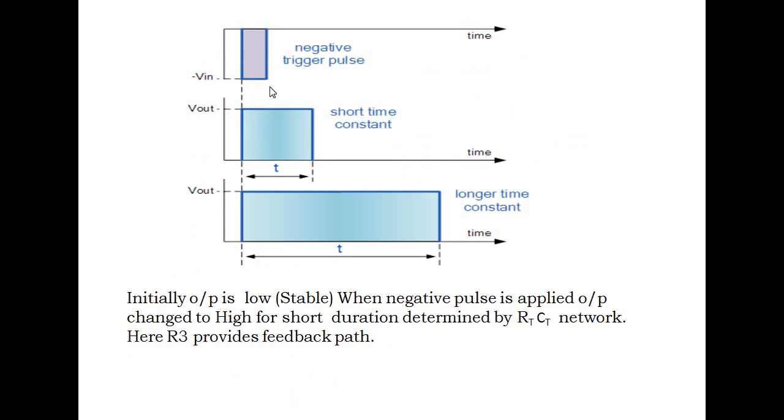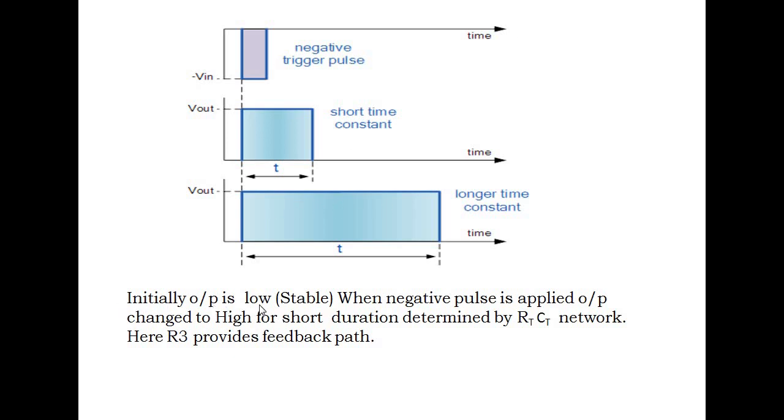Now moving on, this is the output graph of this monostable multivibrator. When and only when a negative triggering pulse is given, then only there would be a change at the output, right? Before the triggering, output is 0. When negative pulse triggering is applied, output is high. We can change the width of the high duration by changing R and C. That's what I have written here.